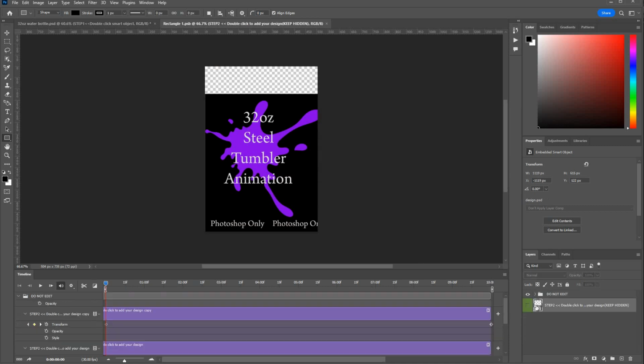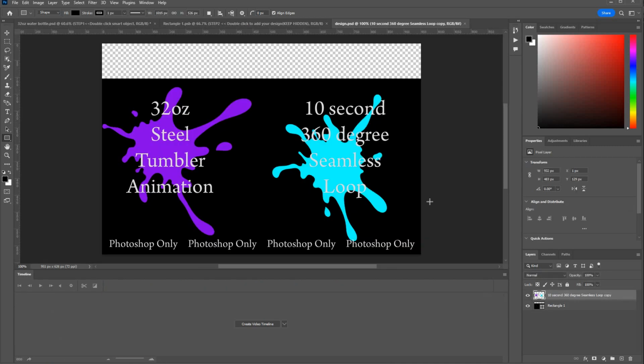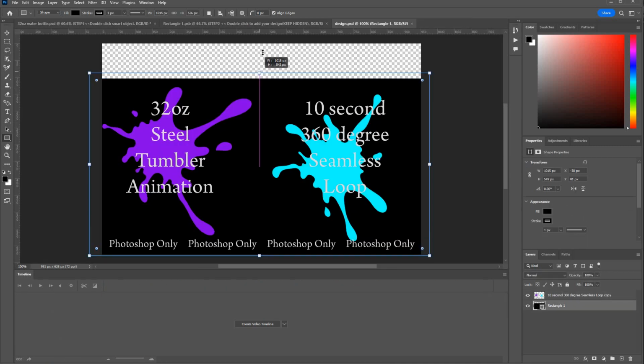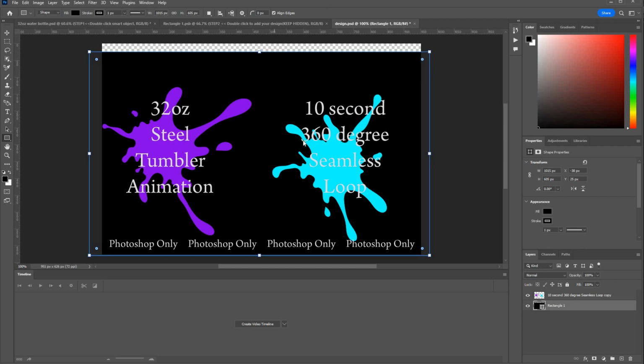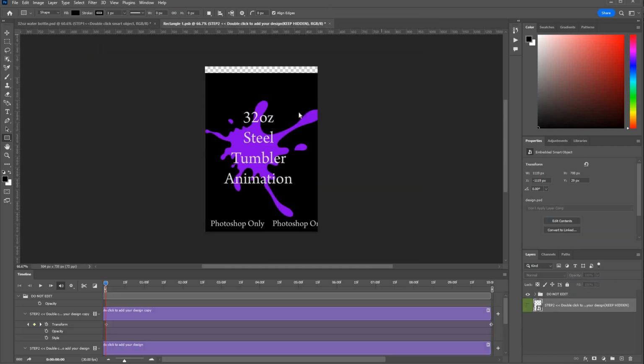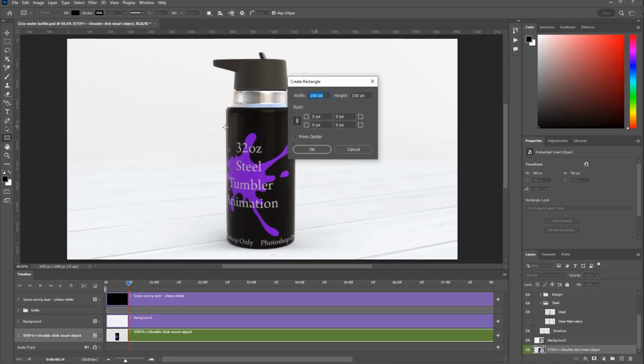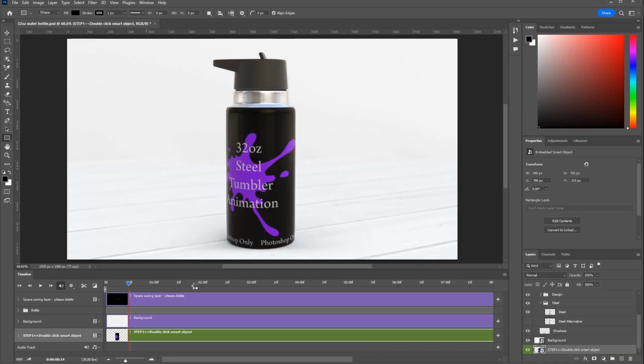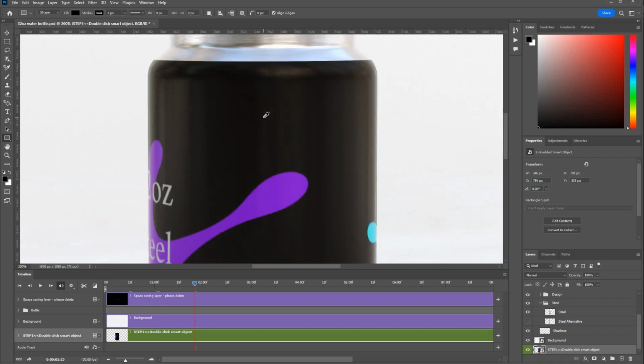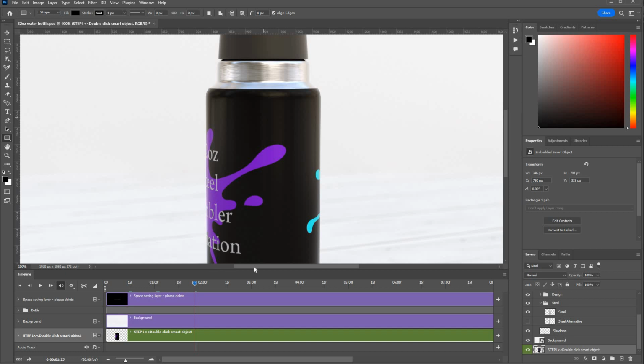Let's make it a bit bigger. Let's get it up on the shoulder. So now you can see the reflections